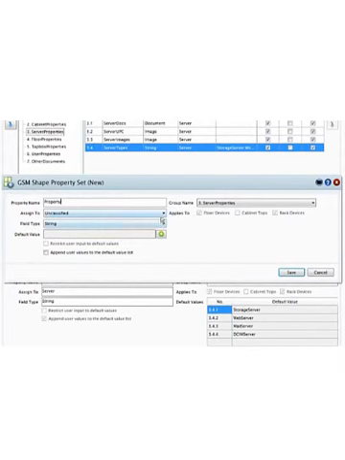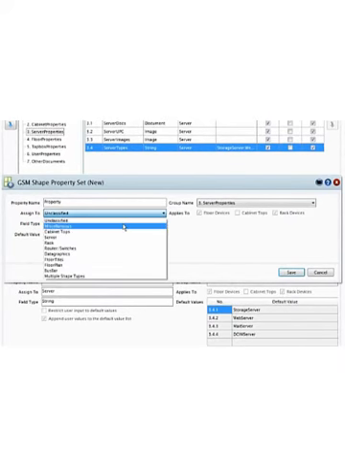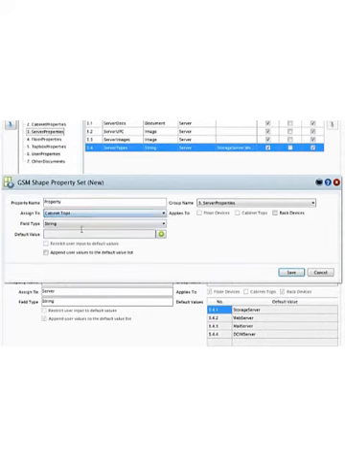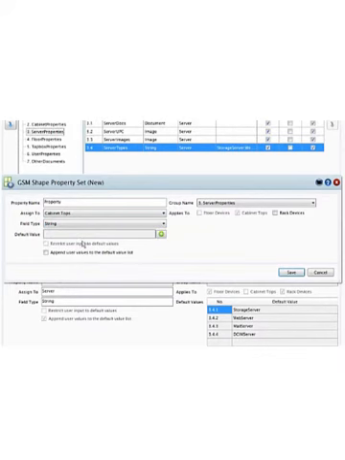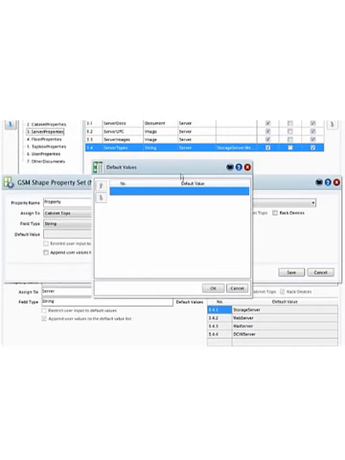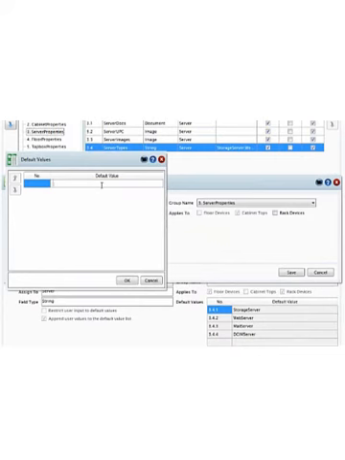Assign to. These are GSM shape types that you want to assign this property to, such as cabinet tops. The field type, this ranges from string to integer, boolean, even image and document. We'll choose string. Now default value. These are the default values that you want to be shown when you're entering the value into this property. We'll put 1,